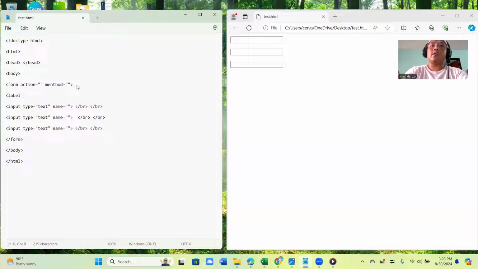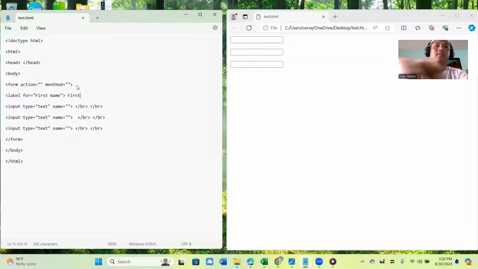Then we use the word for, label for, since we're labeling a certain box. Use equals, and let's say we are going to name the first box first name, so that it will allow the user to type in their first name.